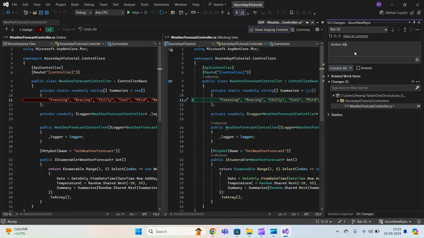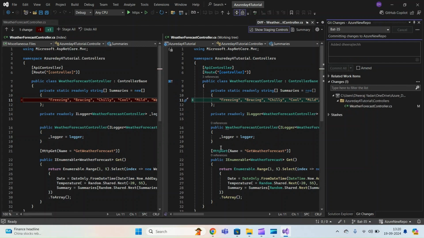I'm just giving one comment, you can give anyone. Here from here, commit all, you can click on this commit all. If you click on this commit all, then our code will not be checked in, it will just commit only. We will show here. After clicking on it, I will show you